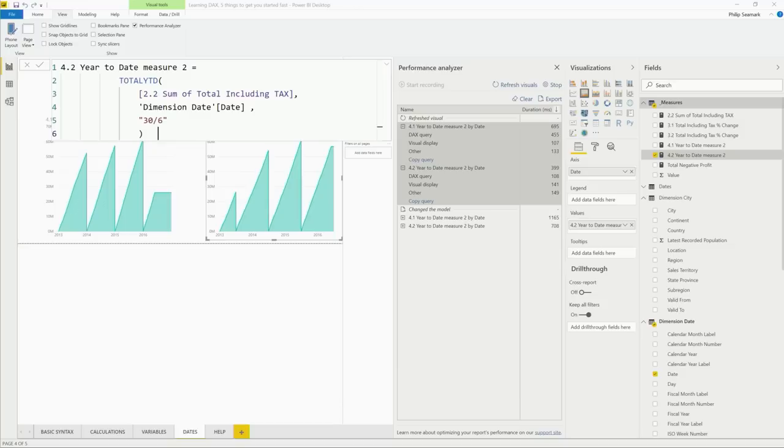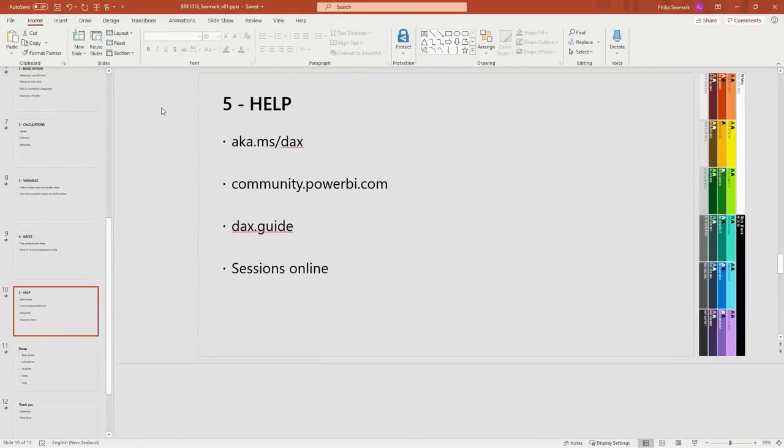So finally, let's have a look at where you might go for help. There are plenty of places that you can go for help, but what I thought we would just focus on is a couple of sites. aka.ms/DAX. That's the Microsoft reference guide. Do you want to put that on the main screen? Sorry, maybe I should put that on the screen. Good point. Here we go. aka.ms/DAX. So that's the Microsoft site. It's not just a reference guide, although it does list every single function, including the syntax. There will be examples, but there'll be learning videos and guides in there too. So that would be my number one go-to site.